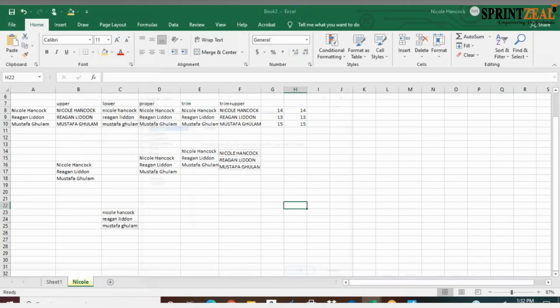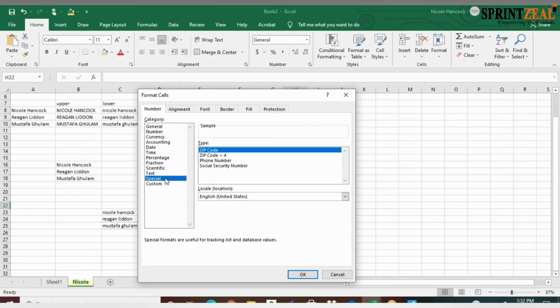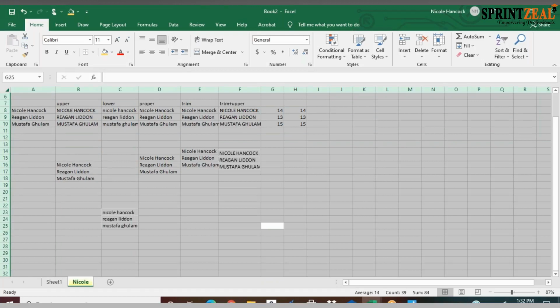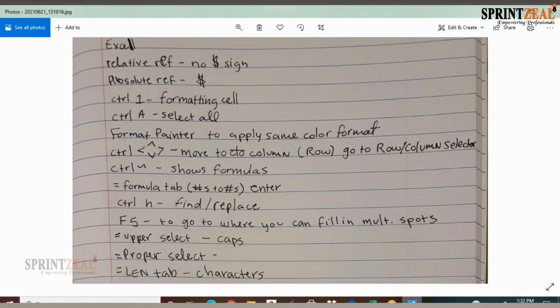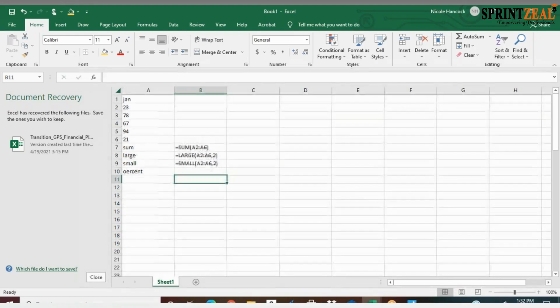So Control 1, and then you can choose how you want to change how it is written, like the date and such. Then Control A selects all, like the notes talk about. And then if you want to do formatting,